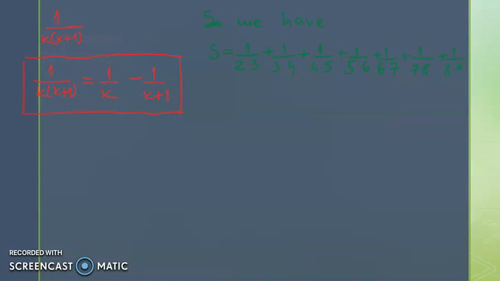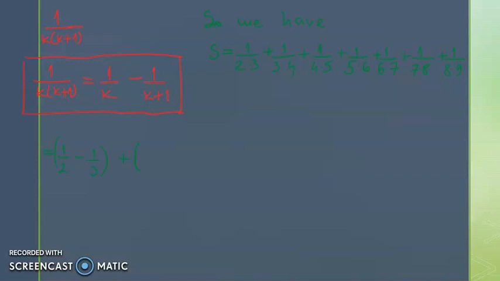Equal to 1 over 2 times 3, which can be rewritten as 1/2. I will write here, using this formula, 1 over 2 minus 1 over 3